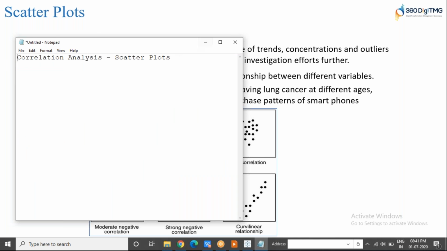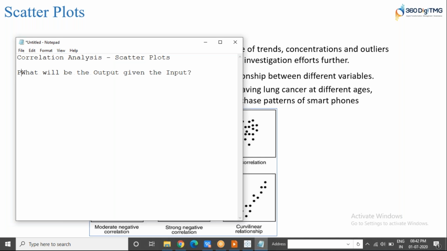Scatter plots are used to perform correlation analysis on the data. Now, what does correlation or relationship mean? Why do we need to know whether or not there is a relationship between the two measures? Whenever we have to answer questions in this form, what will be the output given the input,